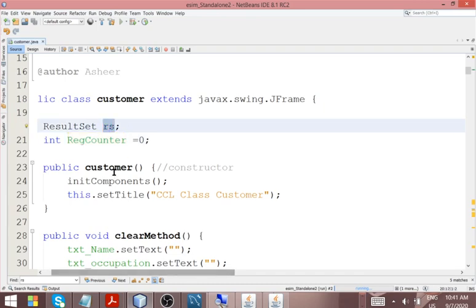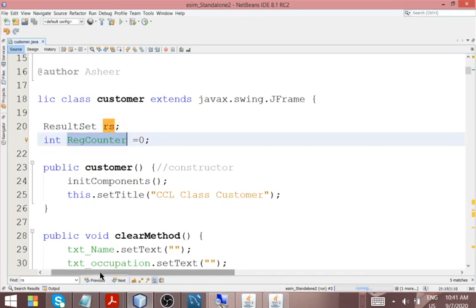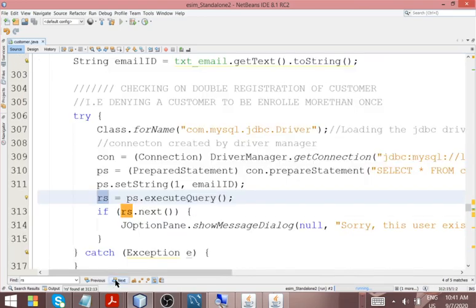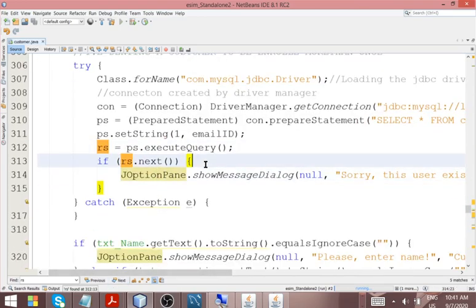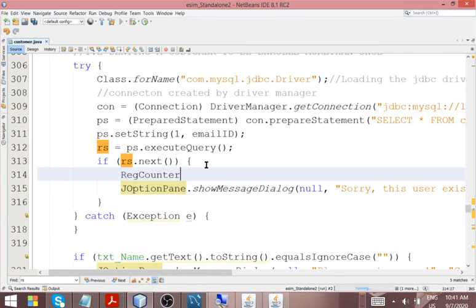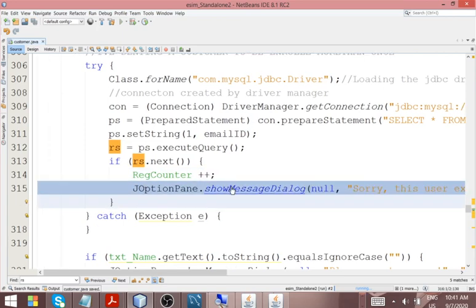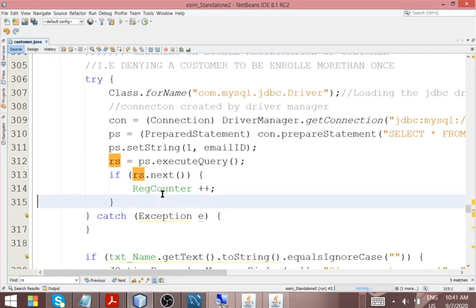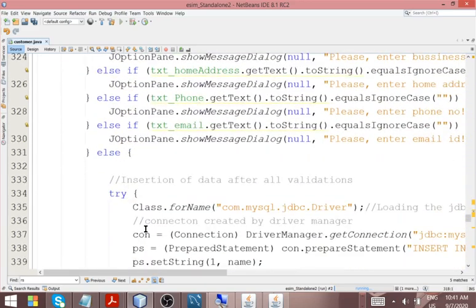Huh? Okay, so that means I overheard someone saying no. Please, if you are not understanding, you let me know. So at this point, I will now do what? Counter plus plus. That means counter equals counter plus 1. Okay? Yes. So since I have introduced this, I can then go up there